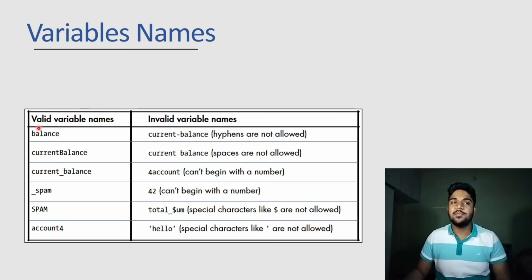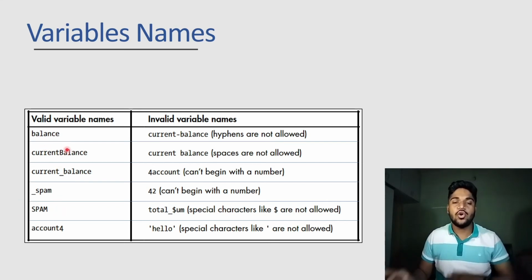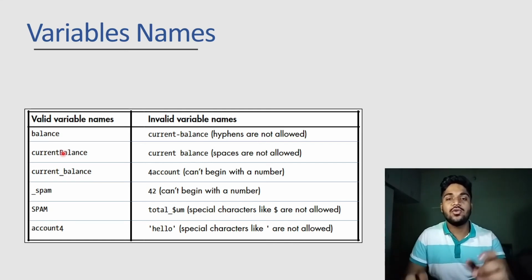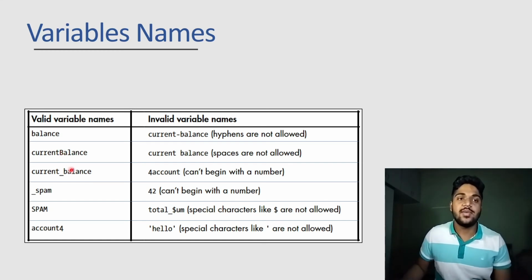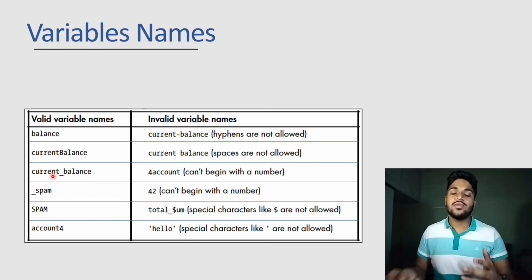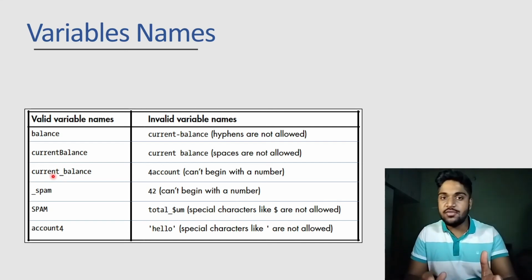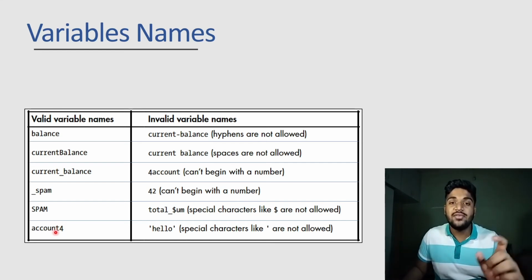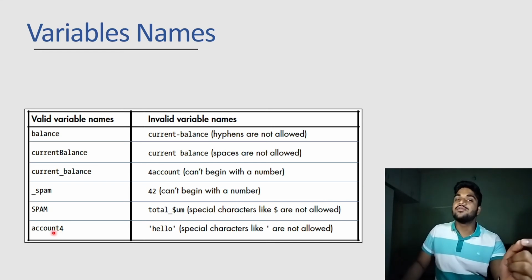So we can use a simple variable name with all small letters. We can also do that with upper case letters. We can concatenate letters and numbers. We can use camel case. Camel case means we can use one big letter, one small letter inside a variable name. It doesn't matter. We can use underscore at the starting or in the middle of the variable name. That is also okay. We can use numbers, but we cannot use a number at the beginning of a variable name, which we saw.